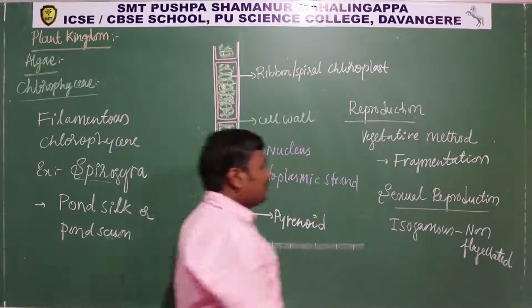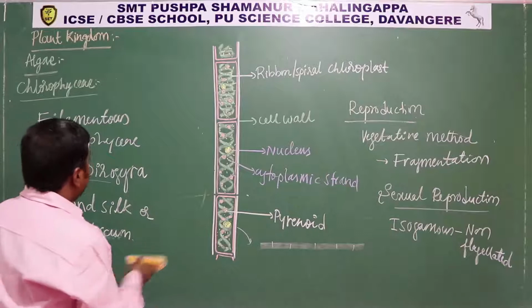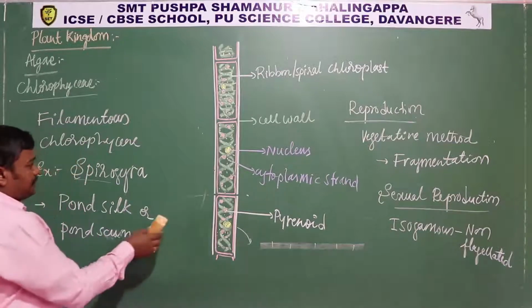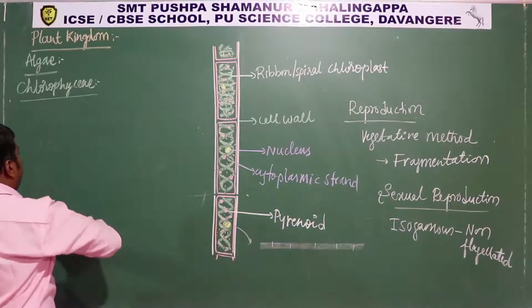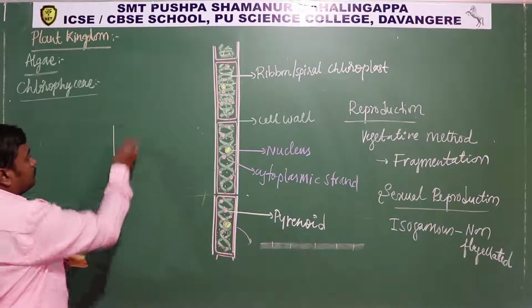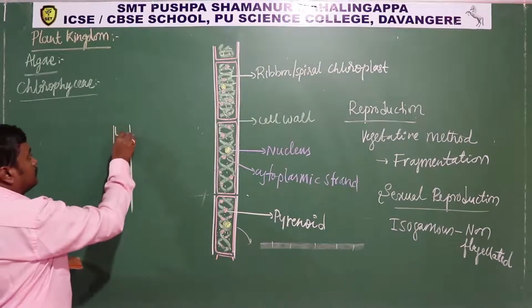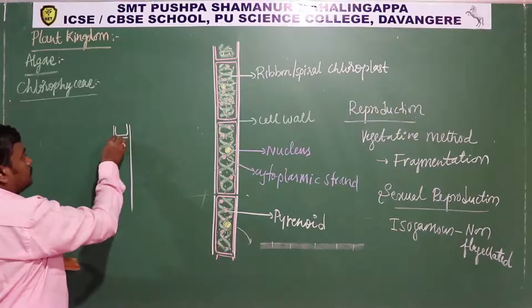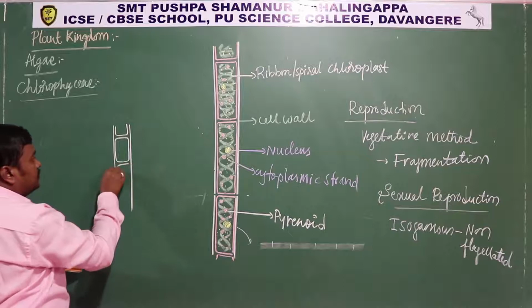So isogamous and non-flagellated. Okay, so that process is quite simple. So how does it produce the gametes? So during sexual reproduction,